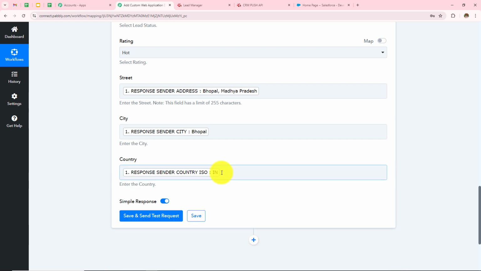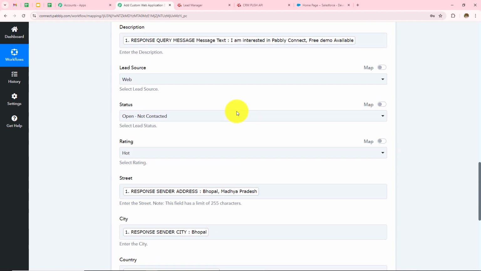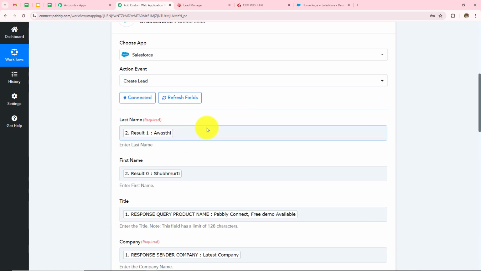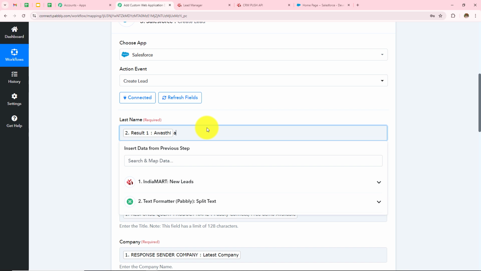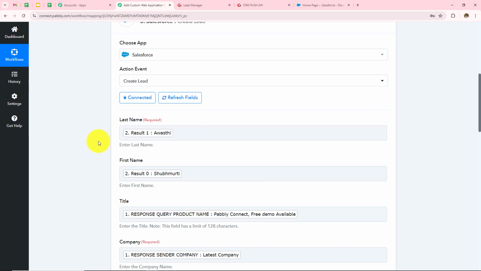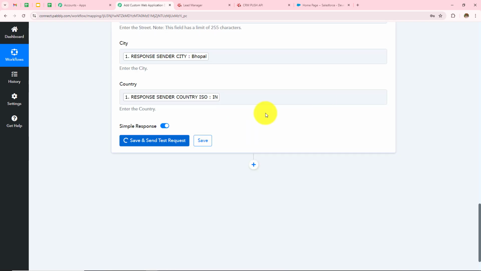Now over here mapping is important, so that every time you receive a new response, it is taken into consideration in these fields. Manually entering the data will make these fields static and the information will not change even if you have received a new response. Over here if I manually enter any data, this field will become static, and every time I receive a new response, this will not change. So to keep these fields dynamic, we use this process of mapping. Now I have to scroll down and simply click on this Save and Send Test Request.